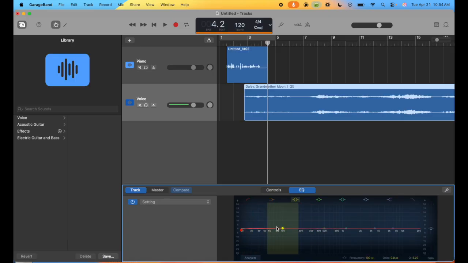I can go into specific sections here and click on, like, this one and adjust it. Here's another one. Where's the orange one? Oh, there it is. I can adjust that. There's all these different EQ bands, they call them. Increase or decrease. Most of the time you're going to want to decrease, and usually it's going to be around here if it's a voice. All the stuff down low